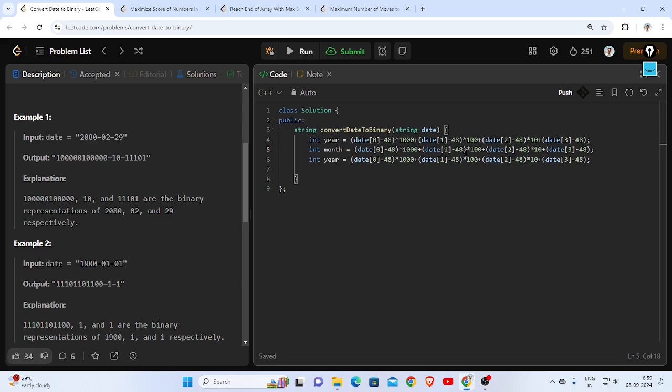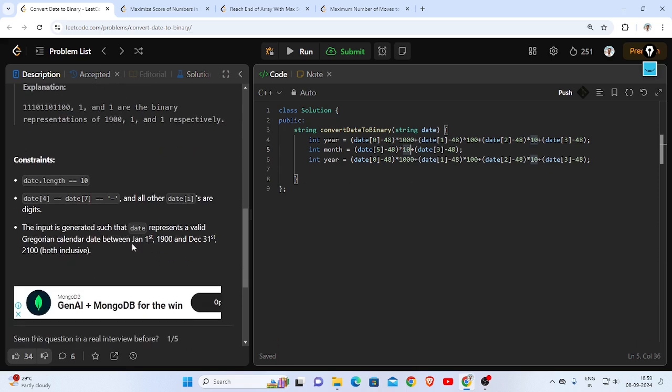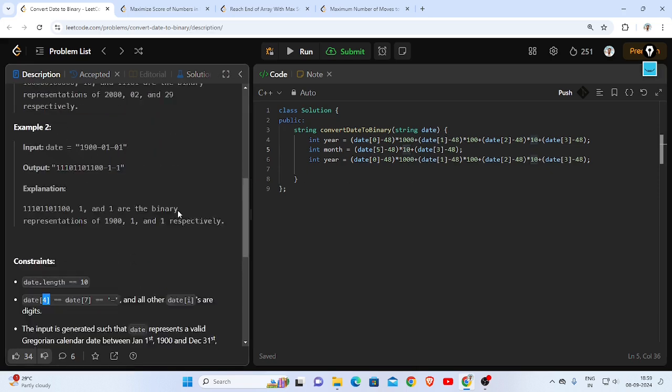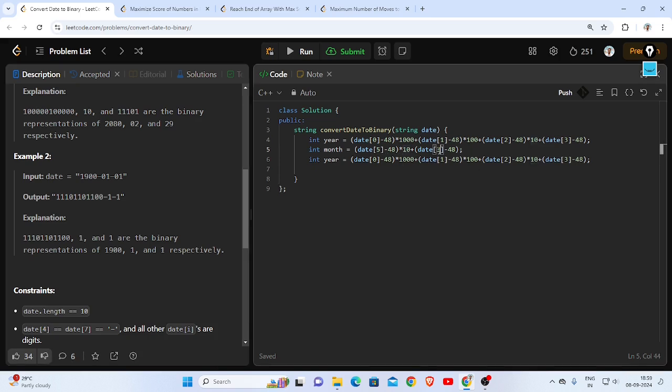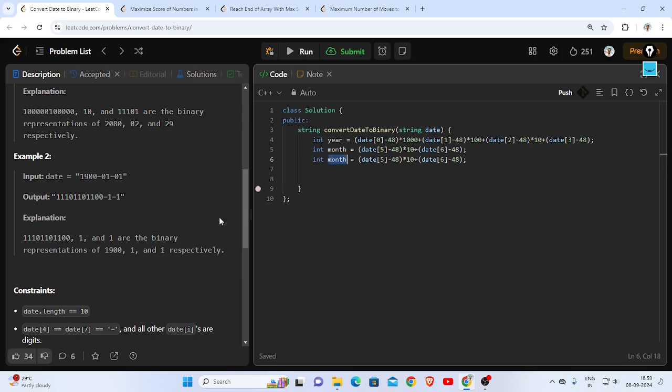I will have only two expressions, and that will be for the fifth position, because the fourth will be a hyphen, isn't it? The fourth will be a hyphen, the seventh will be a hyphen, so this will be 5, 6, and for the day, this will be 8th and 9th,